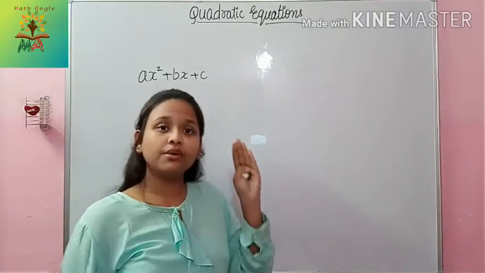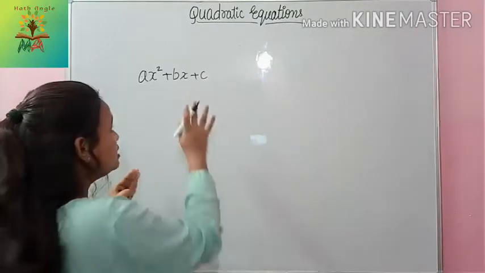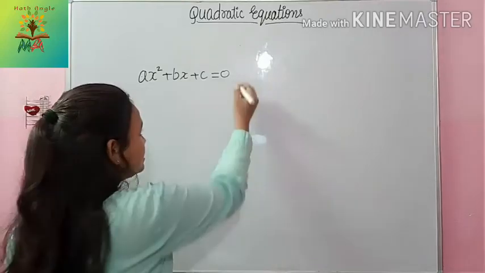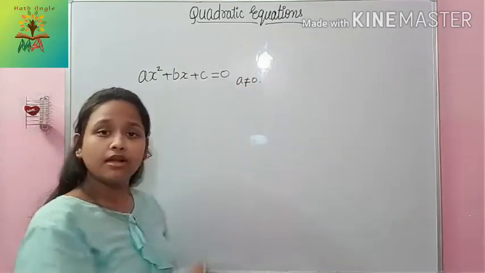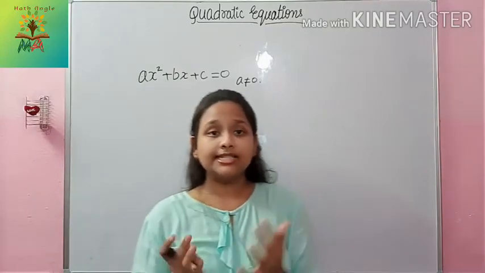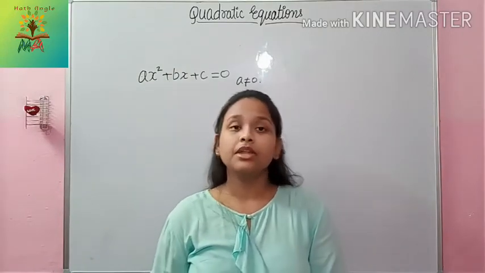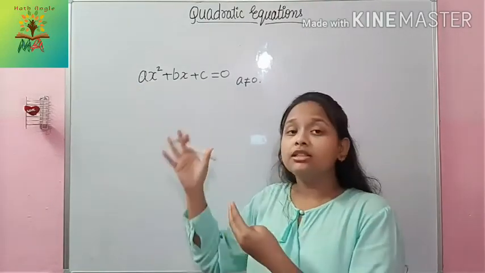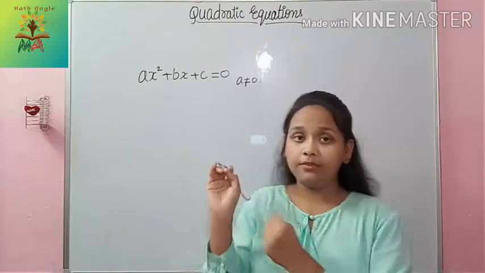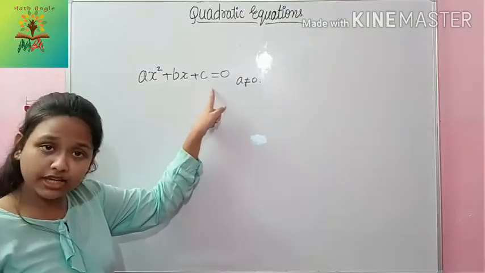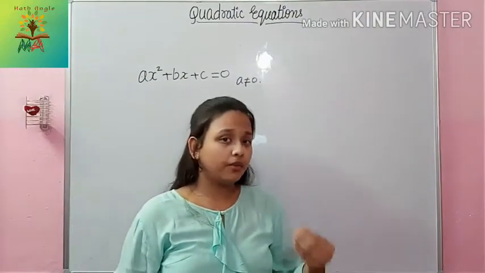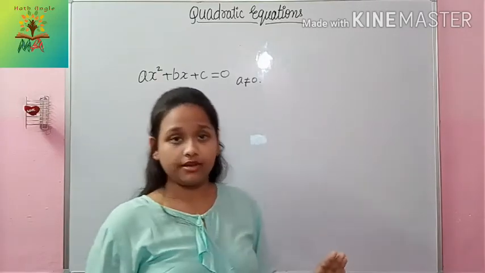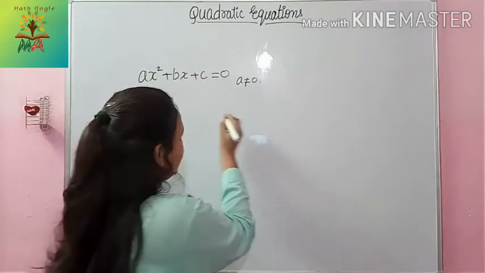Now since we are going to learn about quadratic equations, I will equate this with 0, where a, b and c are real numbers and a is not equal to 0. So this is the standard form of a quadratic equation. Here you will notice that the powers to which the variable is raised are in descending order: first 2, then 1 and then 0. If you are given any equation, you have to convert it into the standard form, and then solve it further.